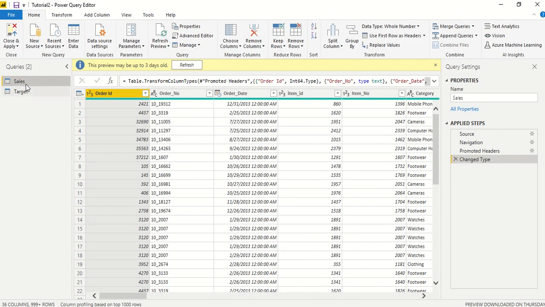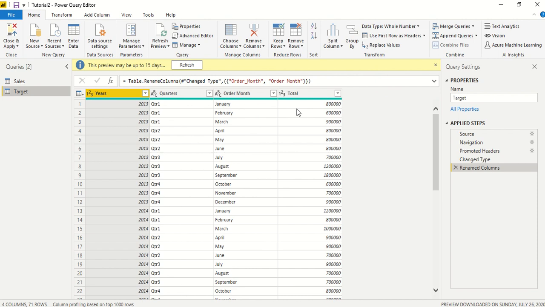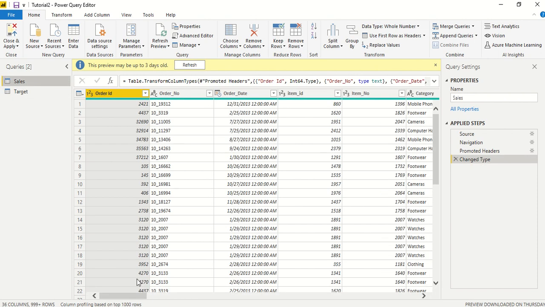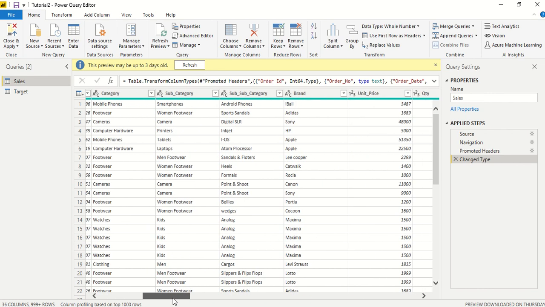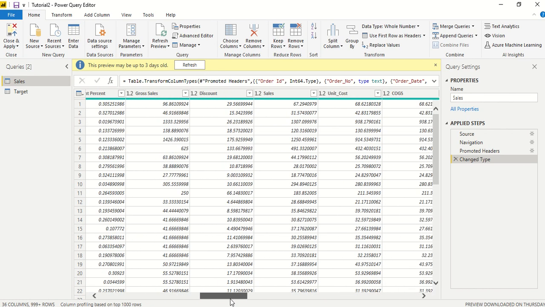Now we open this and we try to check our tables. Do we have something additional? This target data doesn't seem to have anything additional, but in this case we have a few columns which we would like to calculate in Power BI. So we are going to remove those columns.